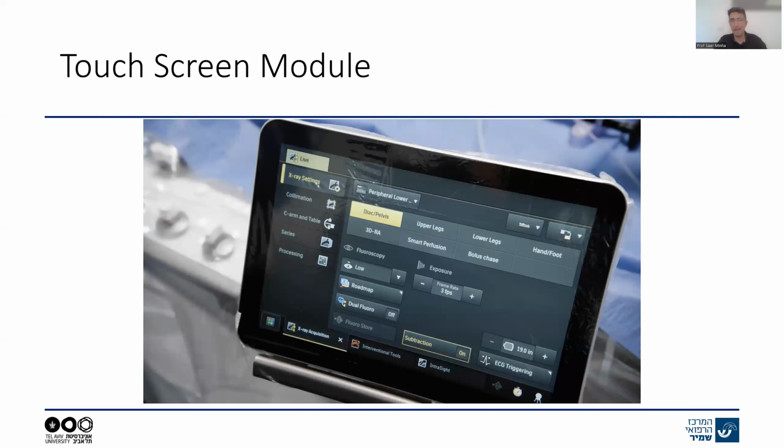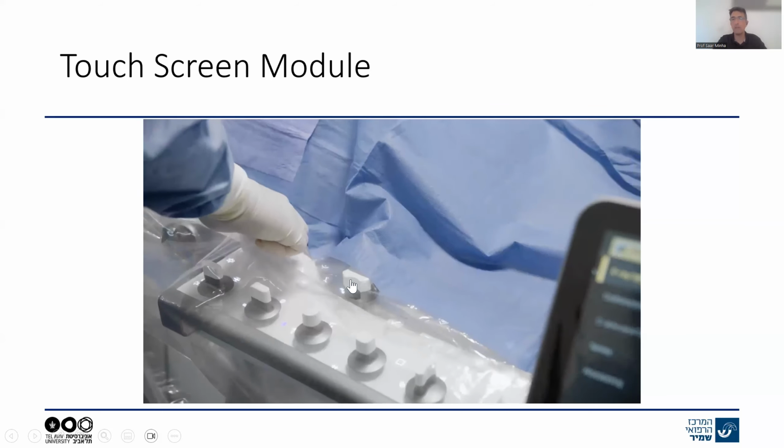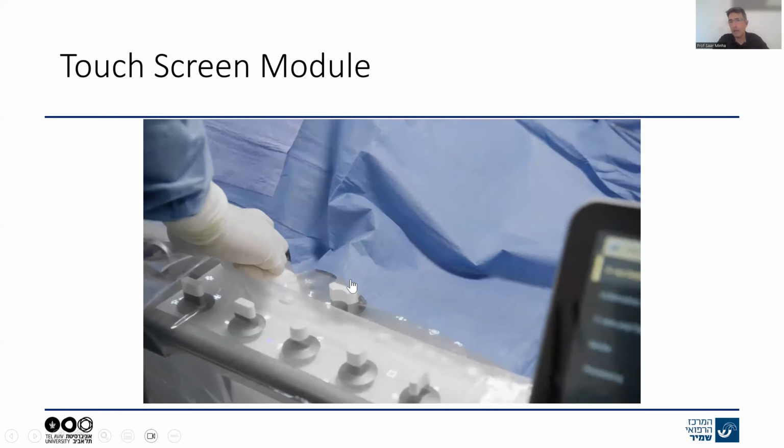And one of my, again, I'm a control freak, I'm being honest here. So for me, getting all the data that I need for operating the system from one touchpad is the leap I was looking for. I mean, for me, just the fact that I can control the number of frames per second and the different projections, I can analyze anything, go from one projection to the other. This is just an example, but again, you can see that the operator is operating it from the control panel, then goes to a different mode, and everything is so